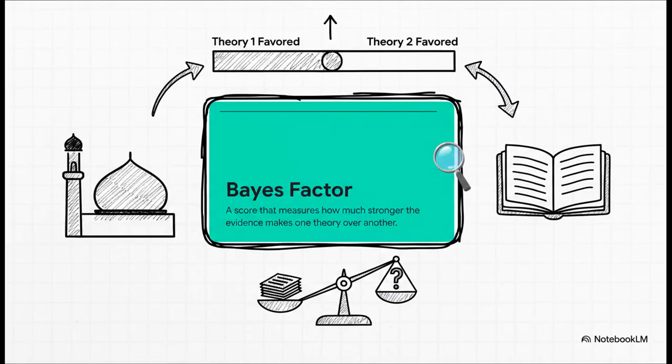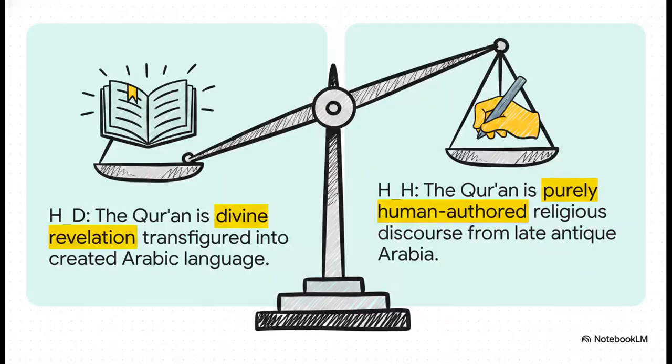Now, think of it like a statistical tug of war between two theories. If the score is exactly 1, it's a perfect stalemate. The evidence doesn't favor either side. But if the score is, say, 10, that means the evidence is pulling 10 times harder for one theory over the other. It's a way to let the data do the talking and tell you which explanation it finds more, well, likely.